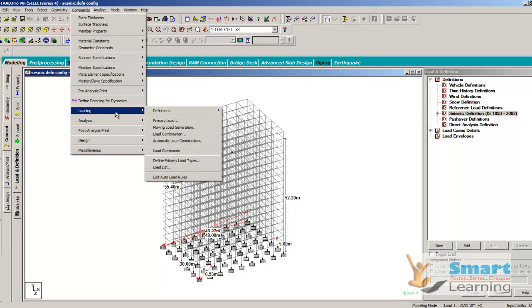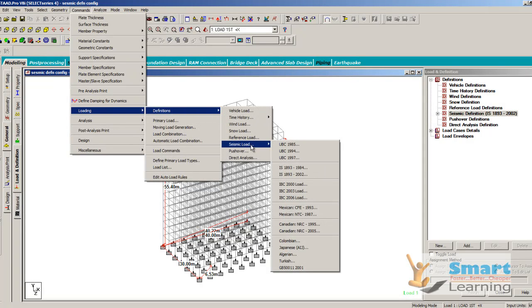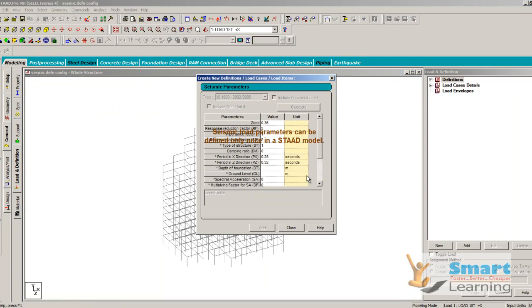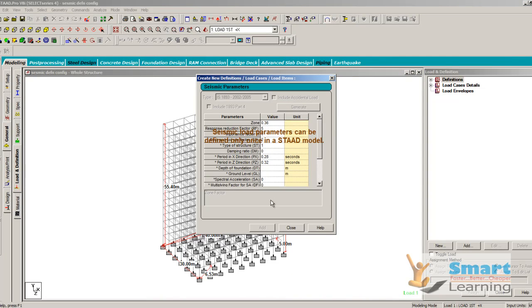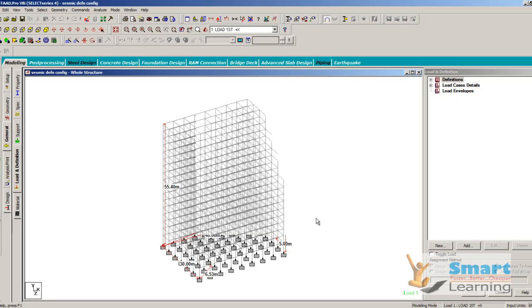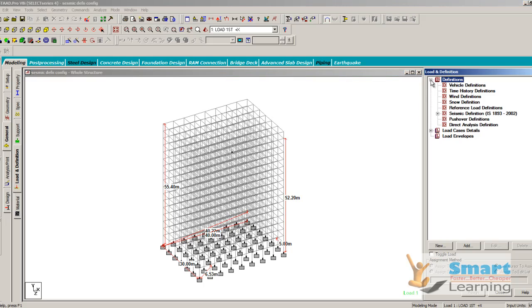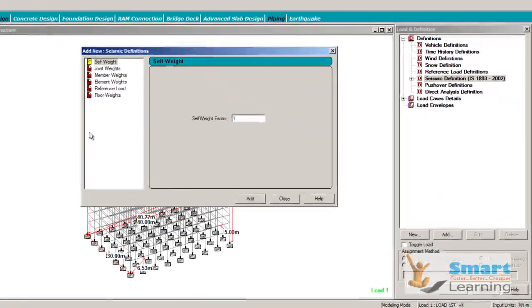Under this loading, go to definition and go to the seismic load, and I am selecting here IS 1893 2002. After selecting this you can see this particular dialog box is disabled. What you need to do is go directly to this seismic definition and go to add and configure this.